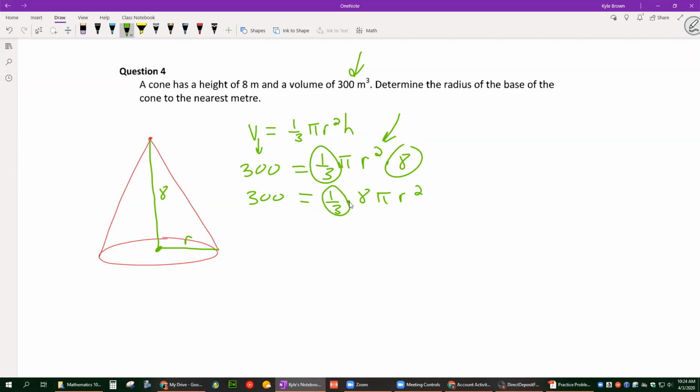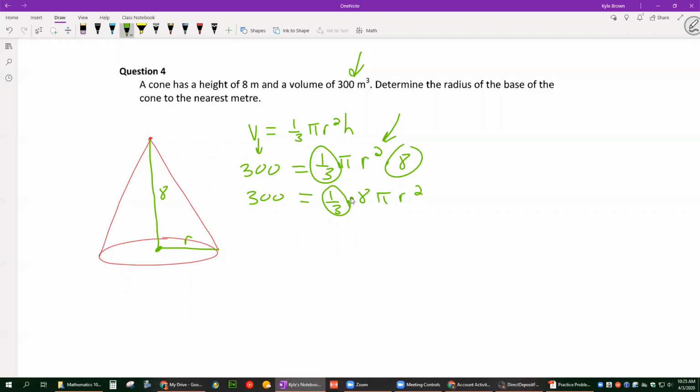So what you could do is say, okay, 1/3 is being multiplied by that, so I could divide both sides by 1/3, right? That makes sense. I typically don't like doing that because it's a little awkward. I'm going 300 divided by 1/3, right? It's a little weird if I don't need to do that. What I'd rather do, I want you guys just to remember that,